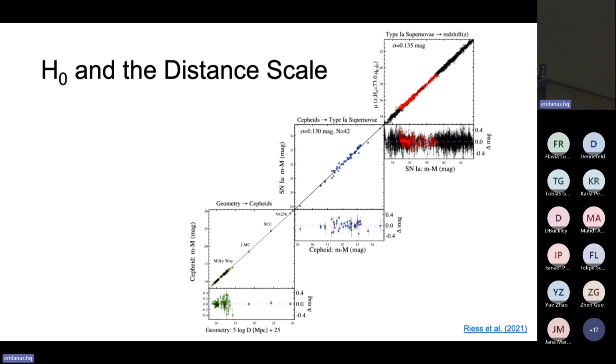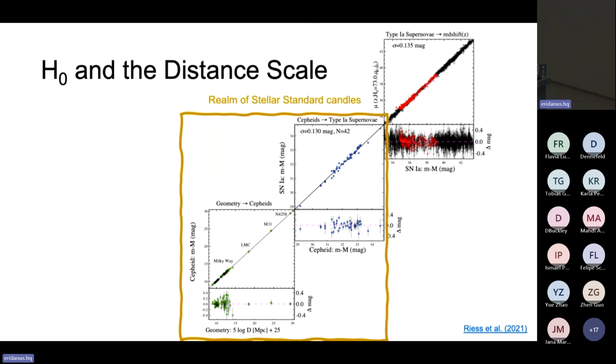This is a plot from the SH0ES collaboration from Adam Riess et al., where essentially to measure the Hubble constant, you build a distance ladder that involves pulsating stars on the first two rungs and then supernovae on the last two rungs, and you cross-calibrate them here in the middle. Basically, you need pulsating stars with known geometric distances to calibrate the supernovae that will then help you